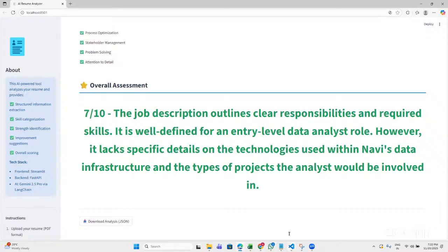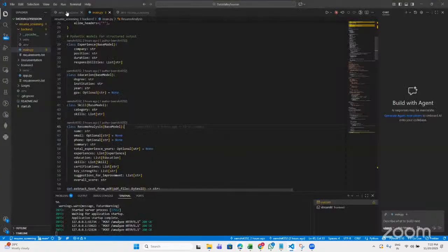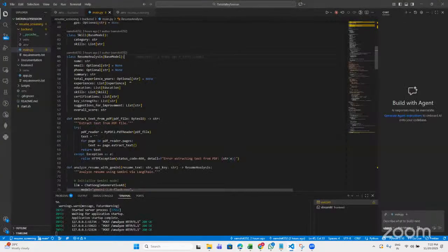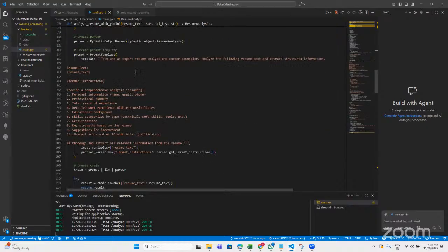Okay. And I'll show you where in the code we are doing that. So in main.py, if you see the prompt, it says you're an expert resume analyst and career counselor, right? So we didn't say explicitly that you should only analyze resumes. If you do that, then it will give that as an output. Okay. So that's the thing about